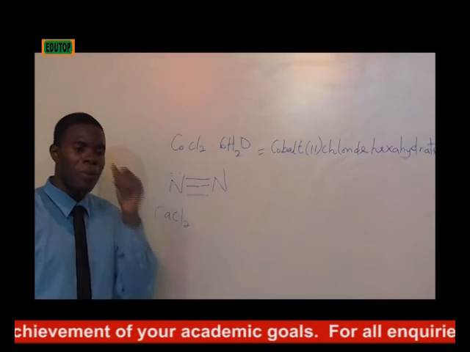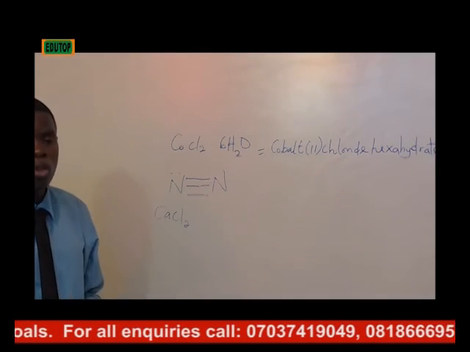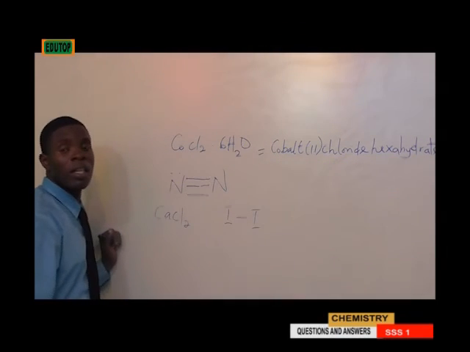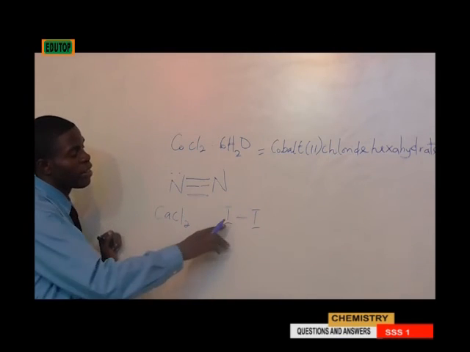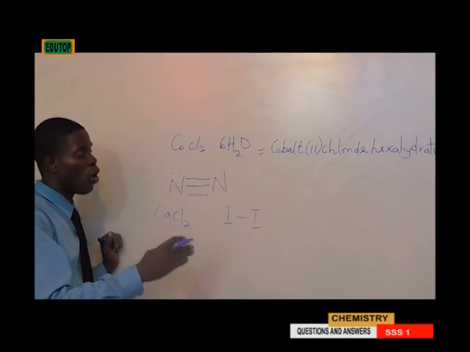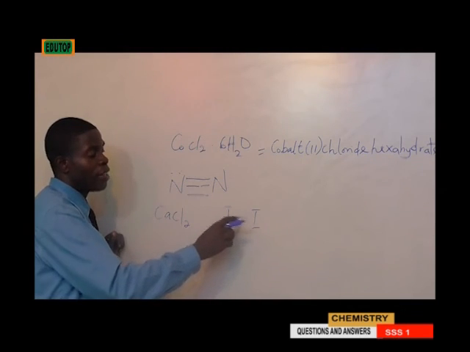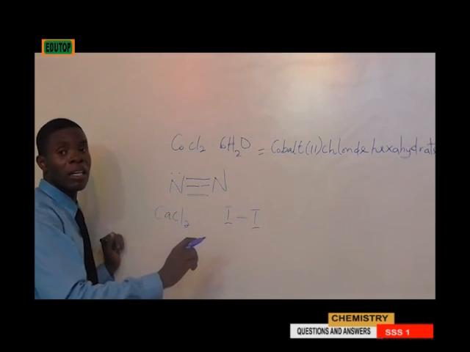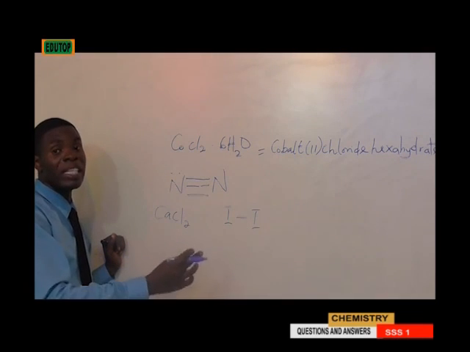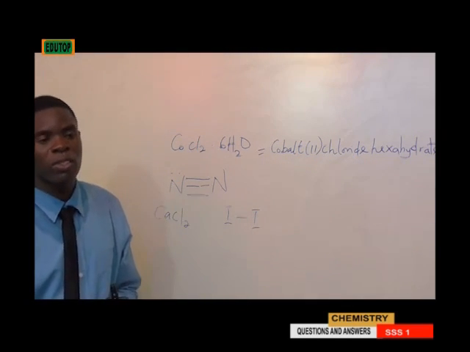Number 4, the type of bond between 2 atoms of iodine. The iodine molecule exists like this. I have established earlier that the bond that exists between iodine is van der Waals forces, because this bond is very weak. By subjecting this bond to heat, it will require only a little heat to break, making it a weak bond. And the only weak bond that we have in these options is van der Waals forces. So the answer